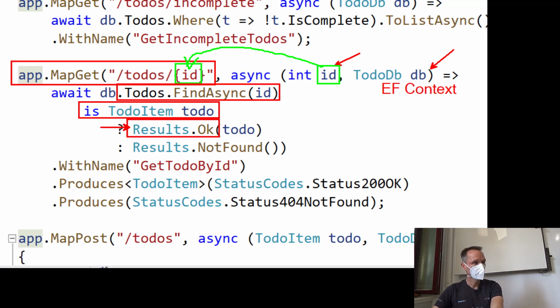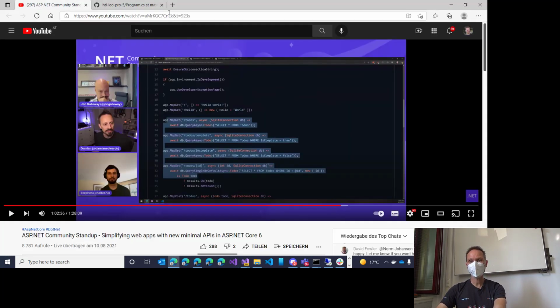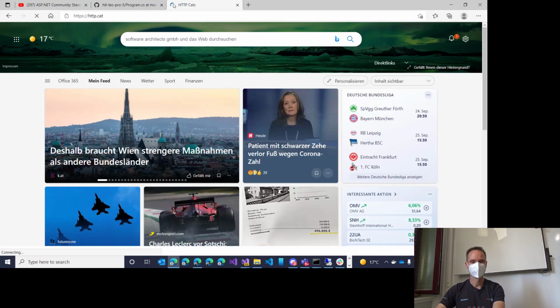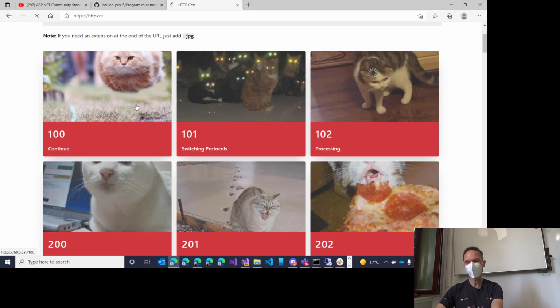Understand what I mean? Can you remember the HTTP status codes? If you can't, let me look them up. HTTP status codes. Continue,